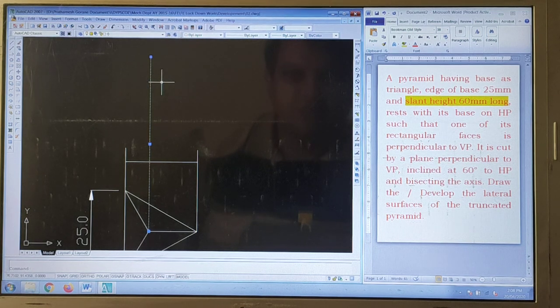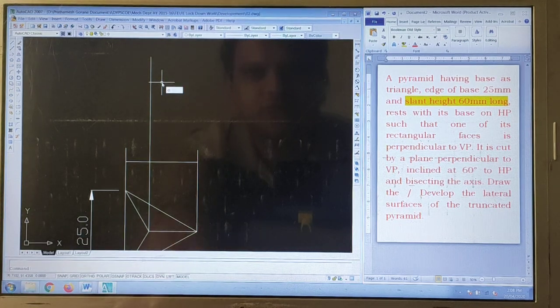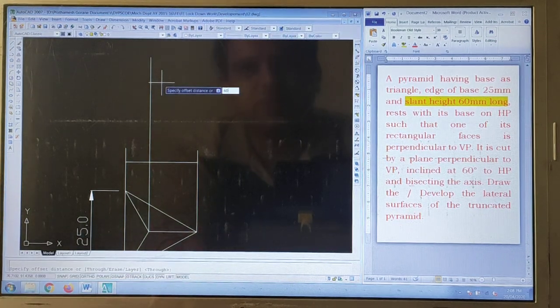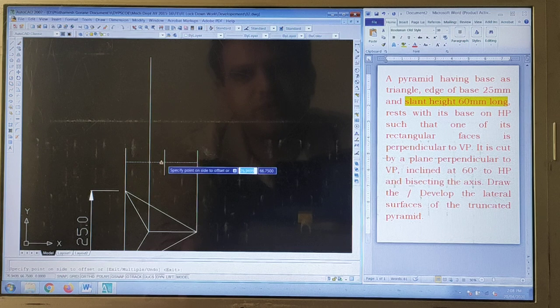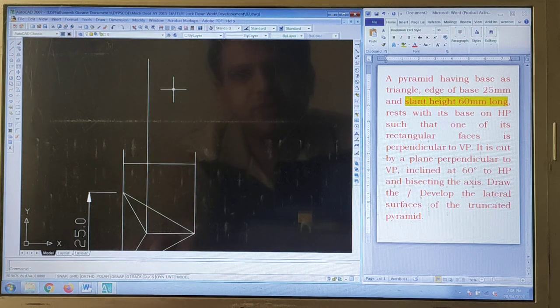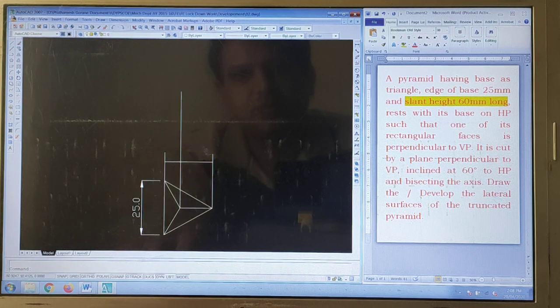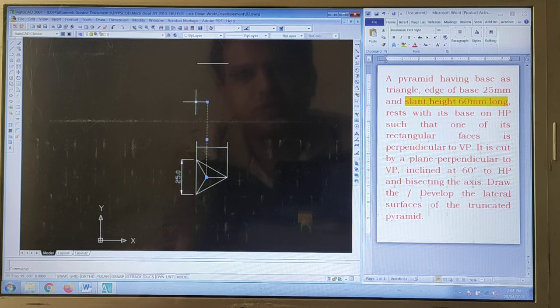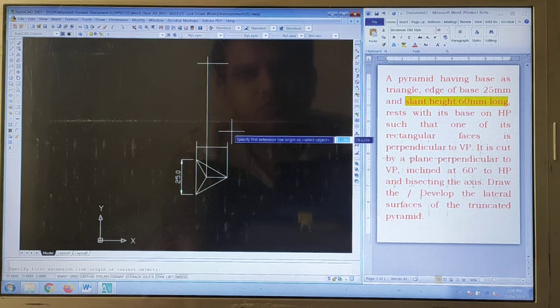If it is the normal case, then what you would have done is offset by say 60 mm from this particular end to this particular end. If you measure this distance, it would have been 60 mm.